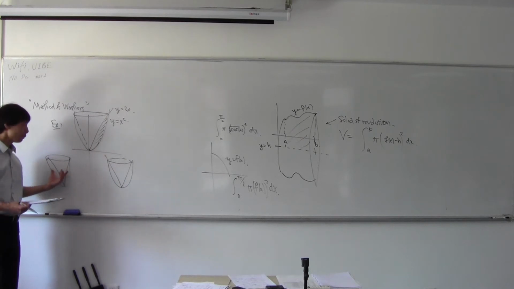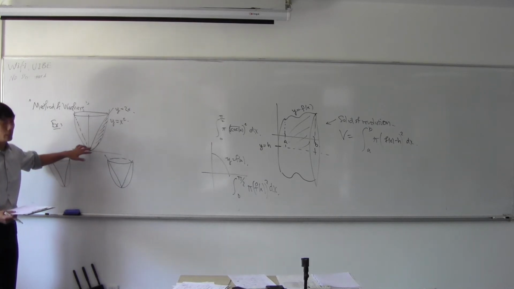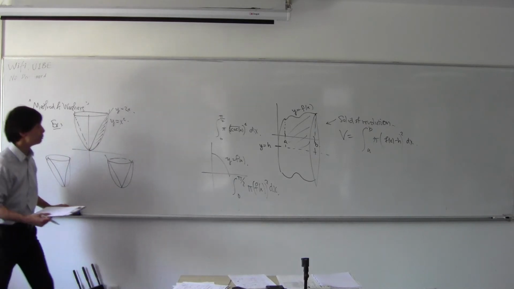You could say, I'm going to figure out the volume of the paraboloid, and then I'm going to figure out the volume of the cone, and I'm going to subtract them, right? That'd be fine. You can also do it in one move,